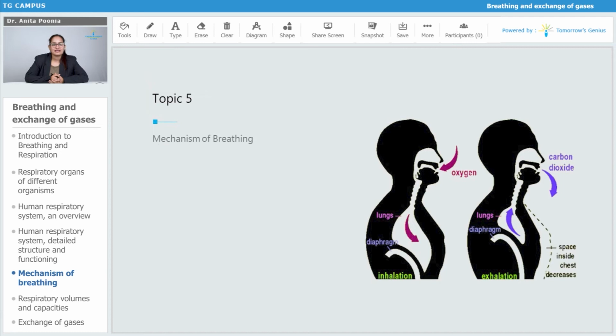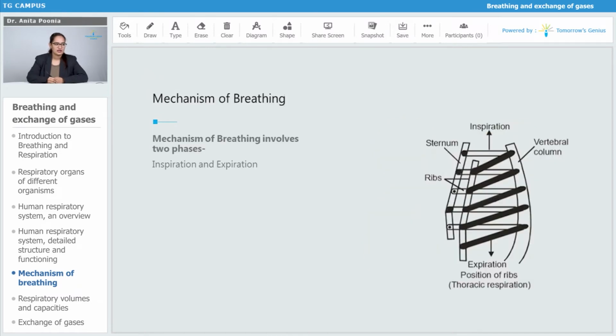Let us talk about the mechanism of breathing, students. The image is in front of you. Please observe the image. The mechanism of breathing involves two phases, that is inspiration and expiration. You see the inspiration, vertebral column, the sternum, the ribs, and the expiration position of the rib, the thoracic